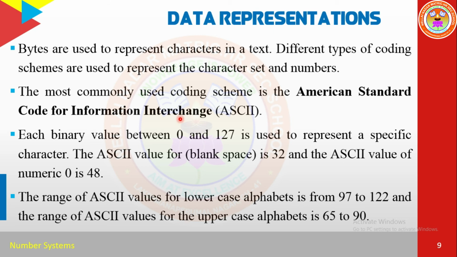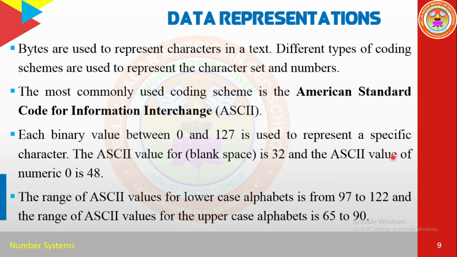For example, we know the blank space, right? You know the blank space on your keyboard, the big space bar button. If you press it, one blank space is allocated. We know that is for giving a blank space in the document. But the machine knows only the numerical value. I already told you that the ASCII code for blank space is 32. Please note this down, this is a constant value. So the ASCII code for blank space is 32. And the ASCII value of 0 is 48.